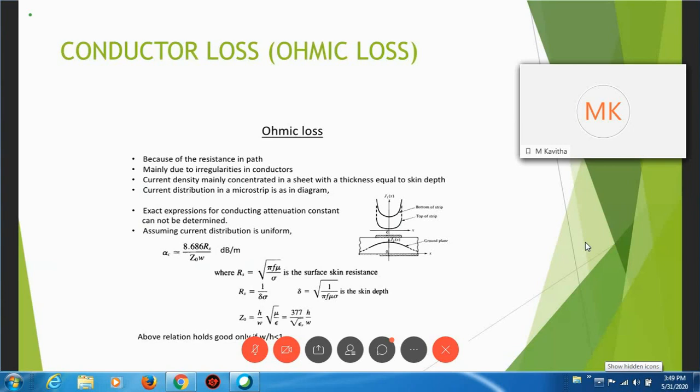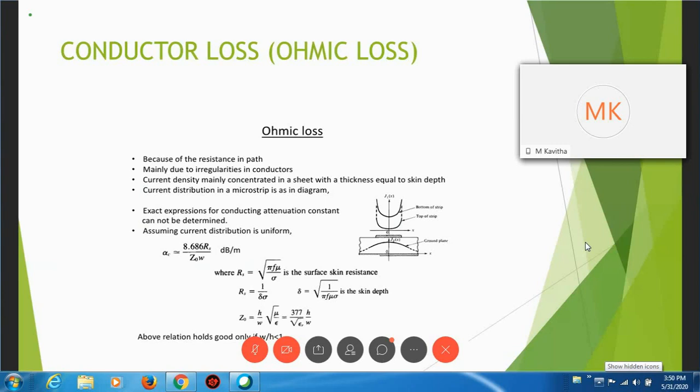To reduce the conductor loss, we need to use a conductor thickness that is 5 to 6 times greater than the skin depth, and we can also reduce this conductor loss by minimizing the amount of metal flanked to the dielectric. Flanking means the surface facing the dielectric. So we have to minimize the amount of metal flanked to the dielectric, and the thickness of the conductor should be 4 to 5 times greater than the skin depth. So by using these two methods, we can reduce the loss produced by the conductivity and the skin effect.